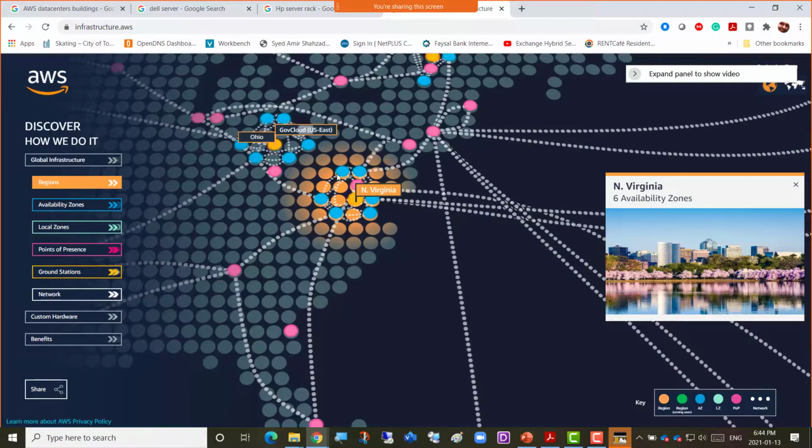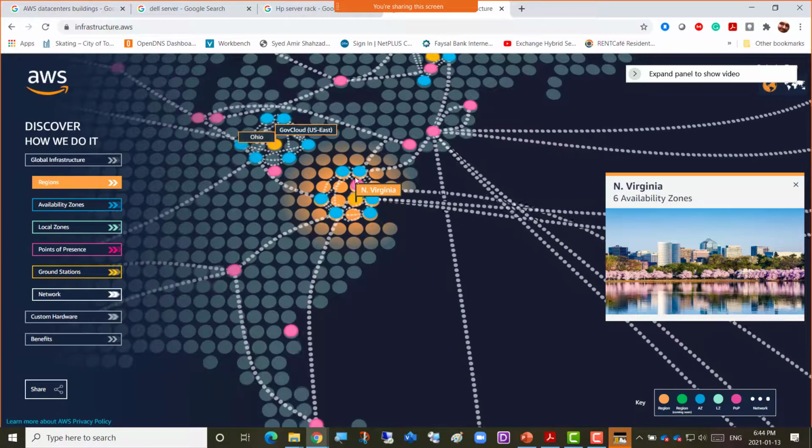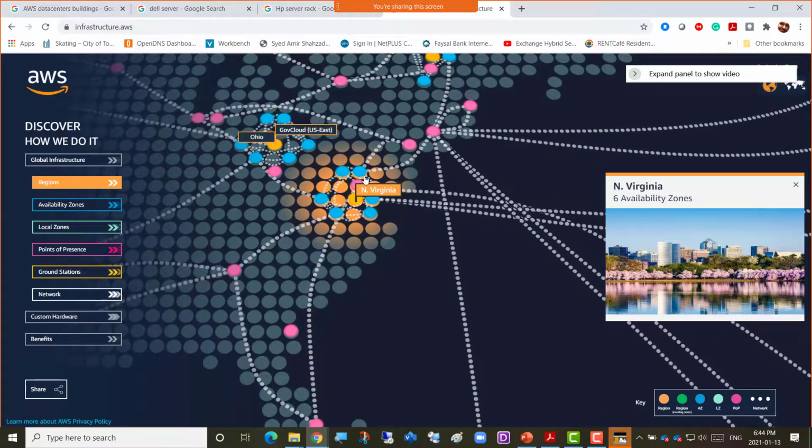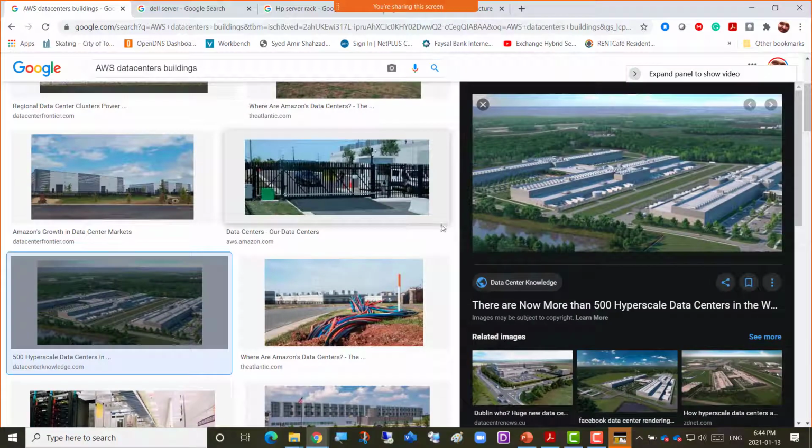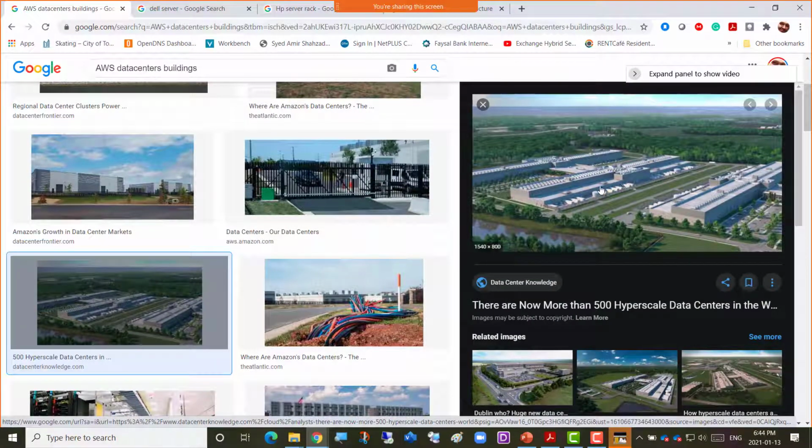It could be the size of GTA, and the whole region could be a size of a province or a state. It could be, or it doesn't have to be, but it's a big physical area where they have availability zones, and each availability zone has 2 to 8 data centers. So one data center would look like this. This is just one data center, right? So 2 to 8 data centers. So obviously the other data center would be a bit further, maybe hundreds of kilometers away, or few kilometers away from this data center, right?